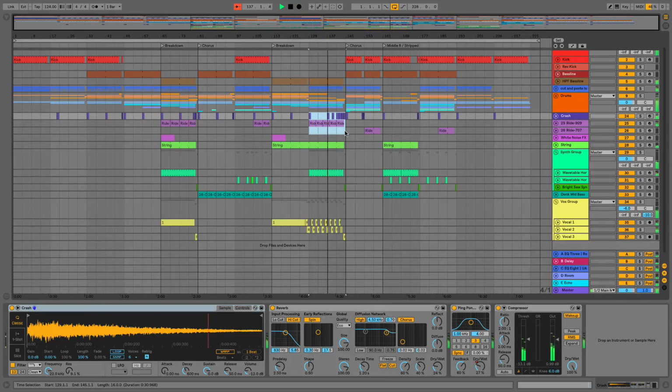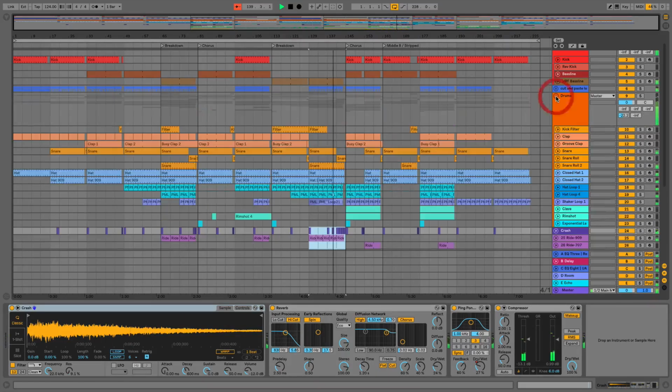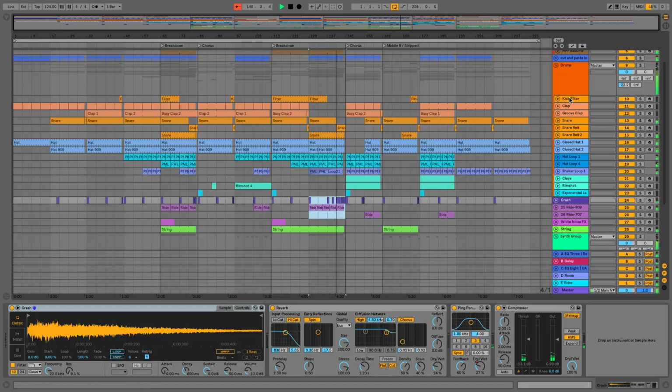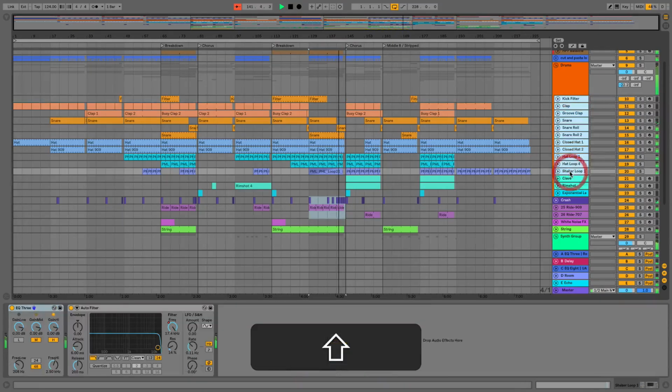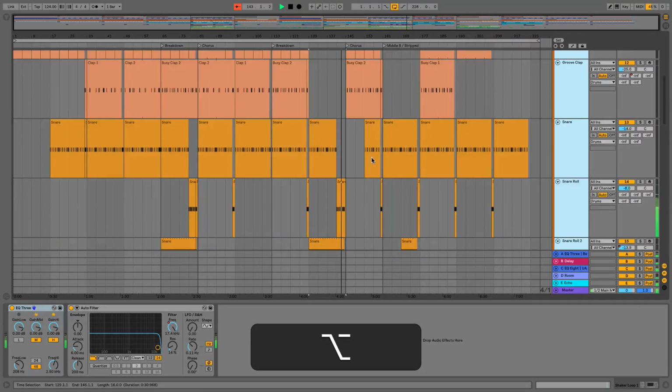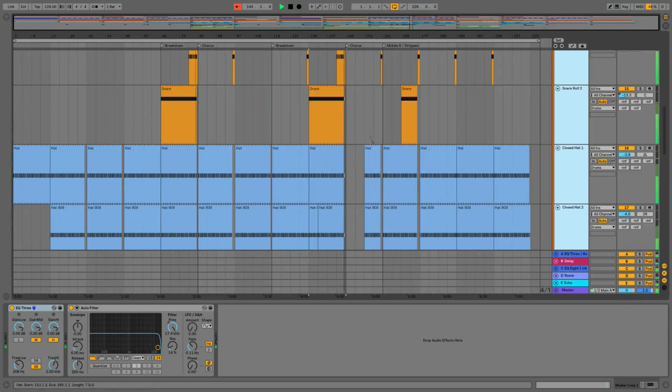The next thing is the way time is selected, so it gives you a much more detailed view. So if we go and open these drums up, let's just have a look at some of these. I'll open them right up using the Alt shortcut. So what we have here